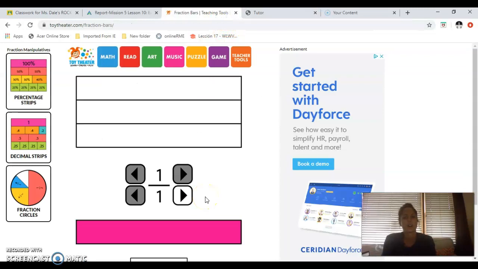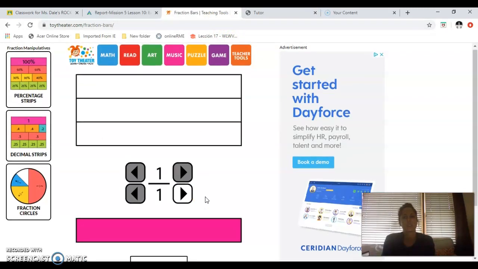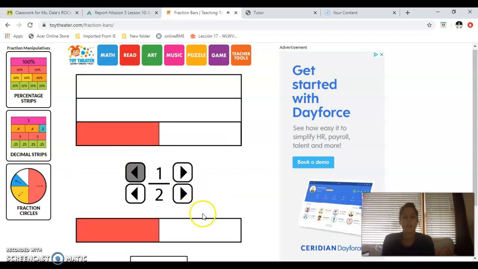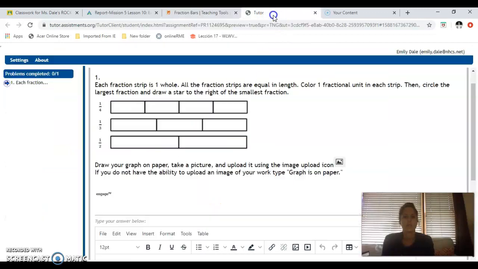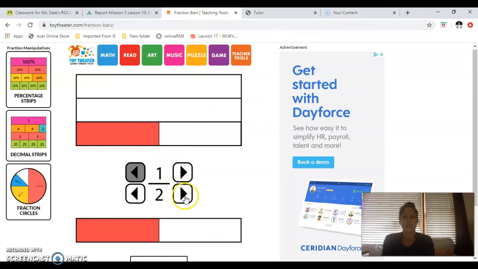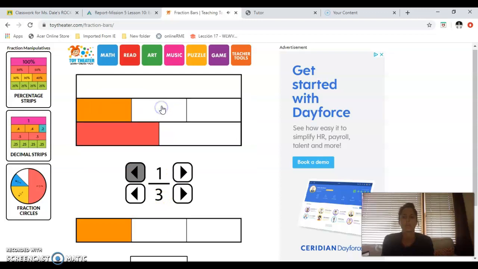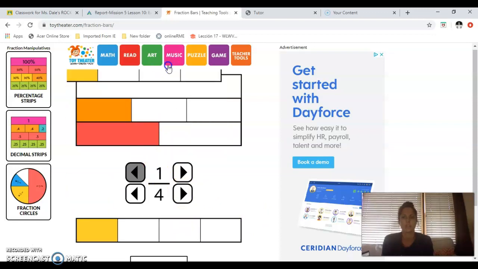So the first fraction strip, well, that's at the bottom, is what? 1/2. That's what this looks like. So I'm going to do that. The one that's in the middle, 1/3, right? So I am going to do another fraction strip with just 1/3 colored in, right? 1/3. And then the last one is 1/4. And this is a good visual. It's showing you, okay,